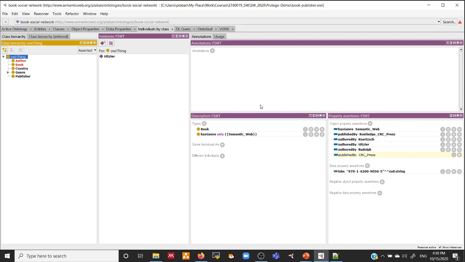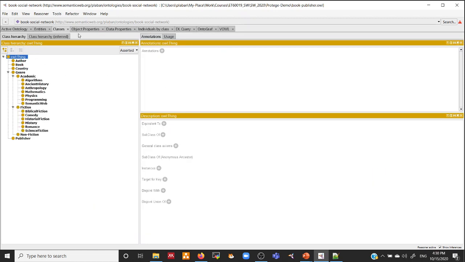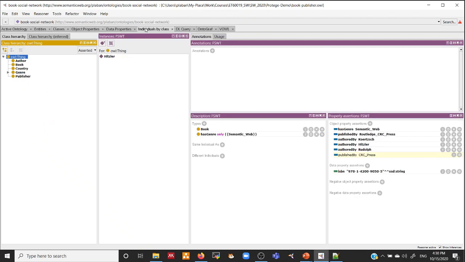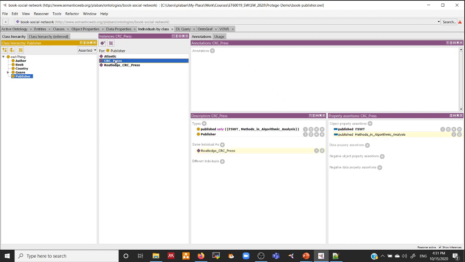Now let us get to the other part, where this book has been published by CRC Press, and also is published by Routledge CRC Press. So say you have publisher and go to CRC Press. For CRC Press, we have explicitly mentioned that it has published FSWT. Now the other thing that we are inferring